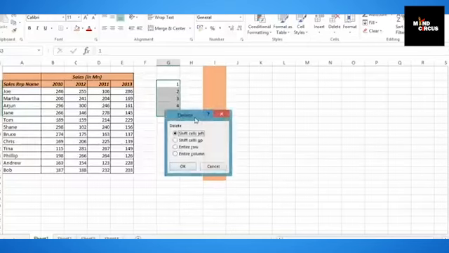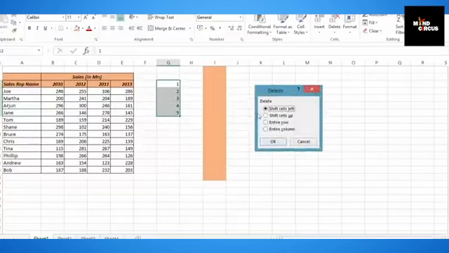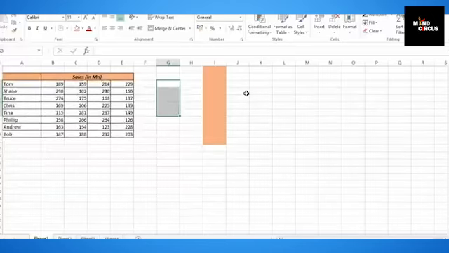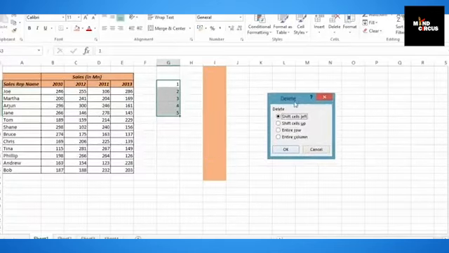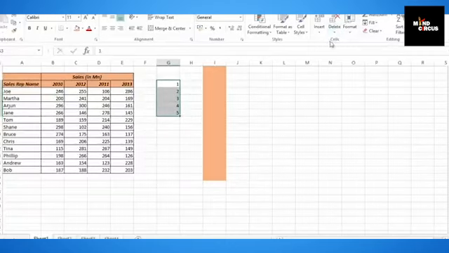Again, let me open the dialog box. It says shift cells up. If I delete this, these set of cells would shift up. It would delete this entire row. If I click this option, you can see all those cells have been deleted, all those rows have been deleted. I do not want that, so I hit Control Z, and the last option is entire column, so this entire column would be deleted. You can also access these delete options by going to the home tab, and in the cells group